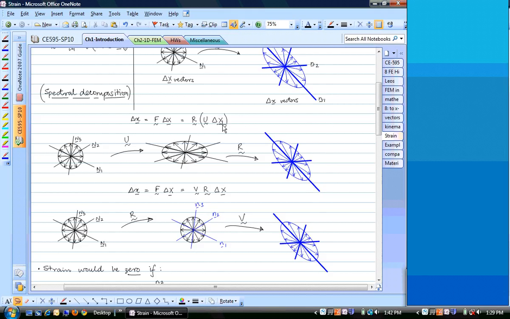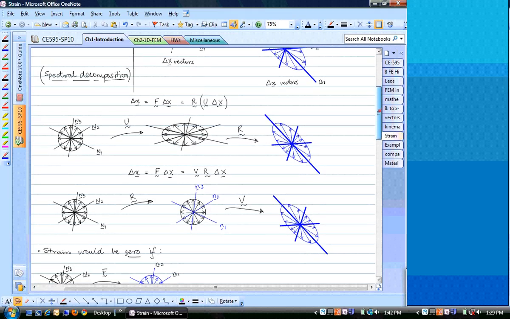We are multiplying delta x with U first, right? That's why U is applied first and then R is applied. So similarly, now this is called the right deformation mode, and there is another way to imagine this, which is the